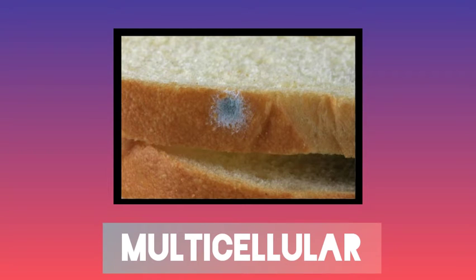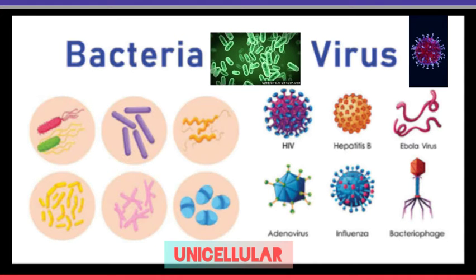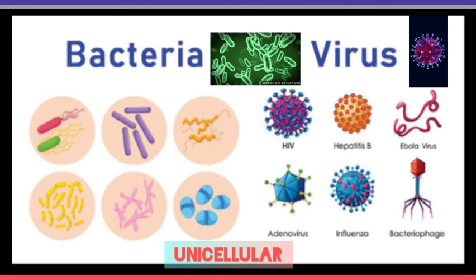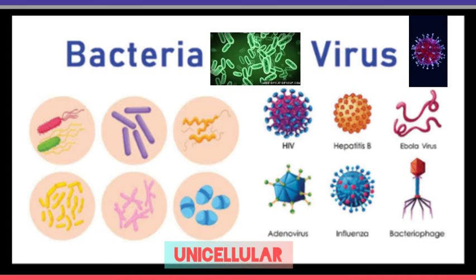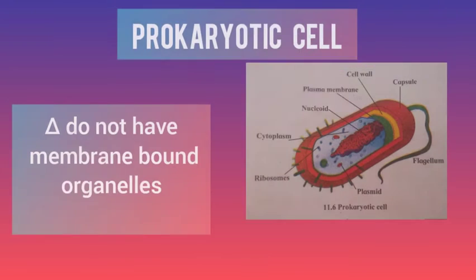As we know that some organisms, microorganisms like fungus that grow on bread are multicellular. But some of these microorganisms such as bacteria and viruses are unicellular. Uni means one. They are only one cell containing. They have a somewhat different cellular structure. They do not have the membrane bound organelles which are found in eukaryotic cells. As you can see in this picture, various bacteria are there, rod shape, spiral, etc. and viruses such as HIV, adenovirus are there.